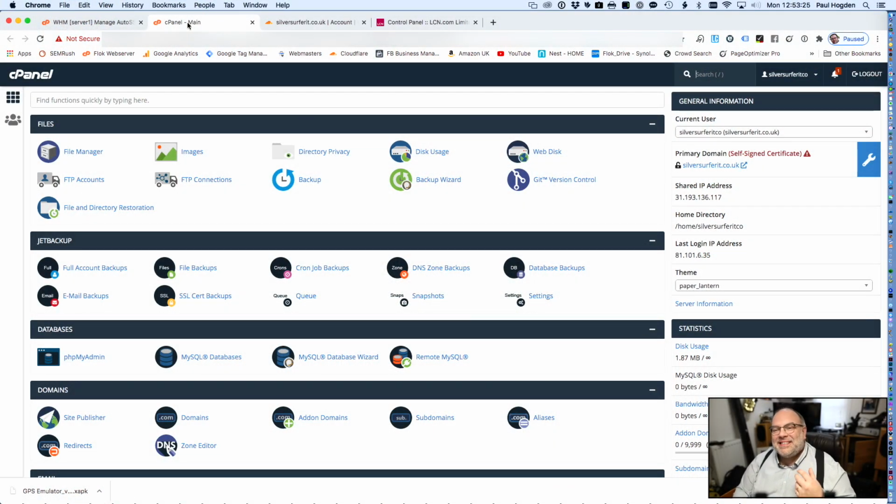So we're in cPanel now. Before we start uploading anything or doing anything with our environment, I just like to make a couple of checks. The first thing that I'm going to do is check to see whether or not all of our DNS servers and name servers are lined up properly. Now, what I should expect to see is a white screen with a couple of lines of folders in the top left-hand corner. So let's see if that has actually happened.